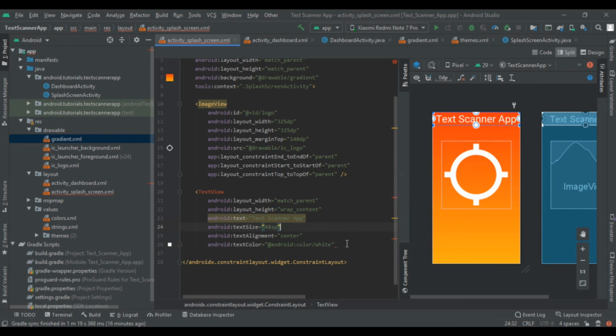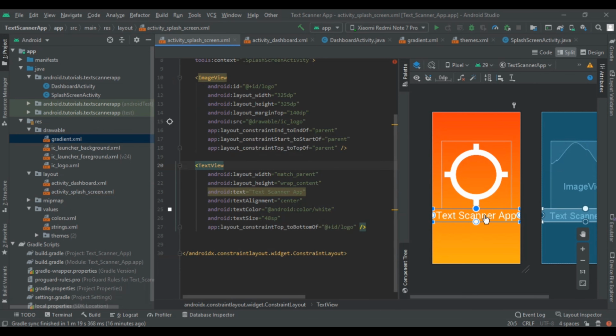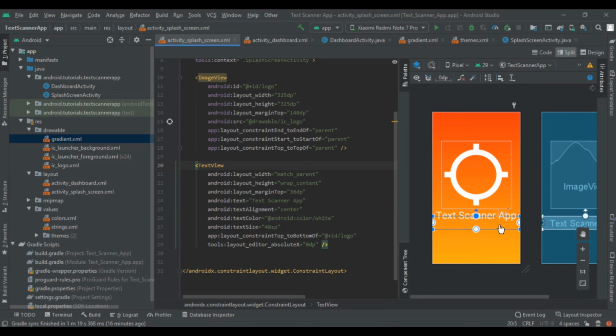To give its font family, I will tell you later in this video. So first give alignment to our text view, and then give some margin. Here I gave 36 dp as a margin.